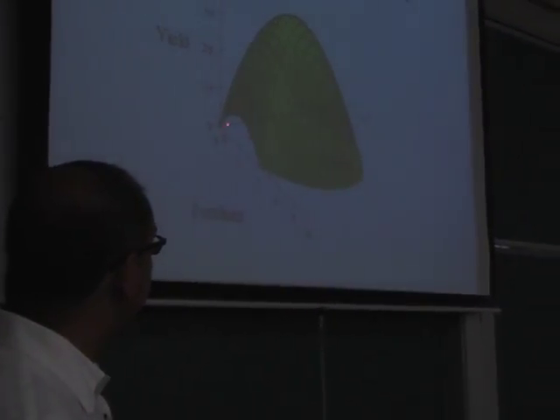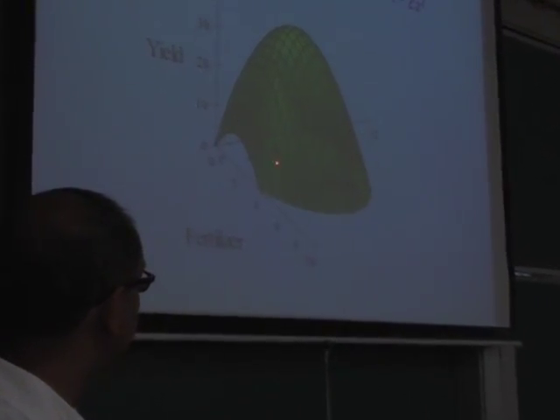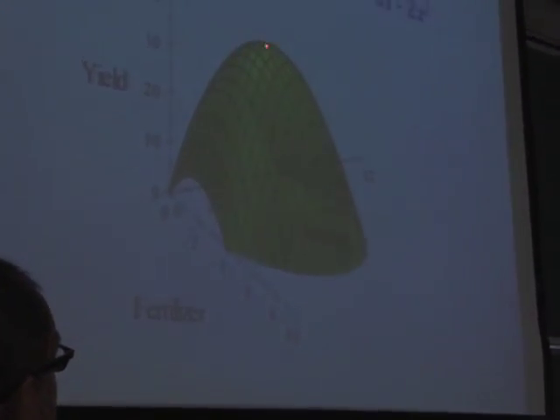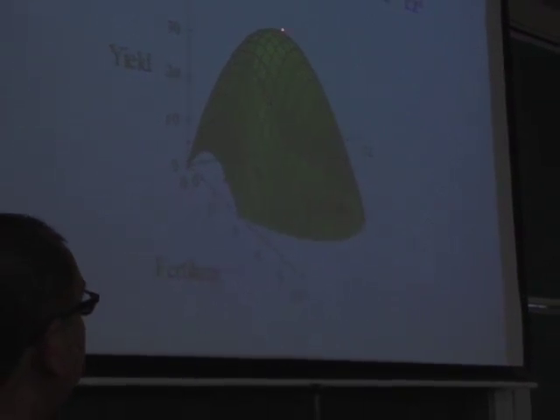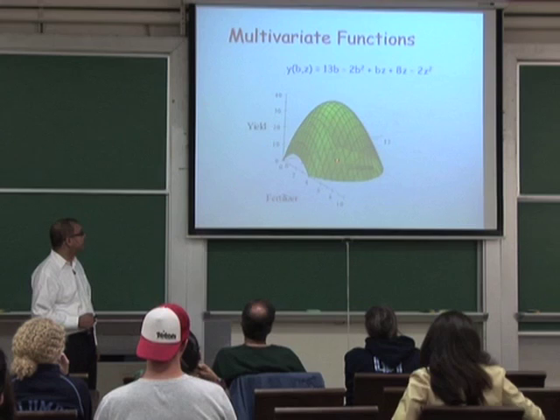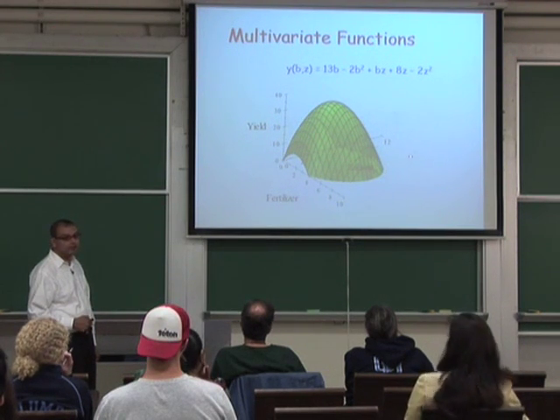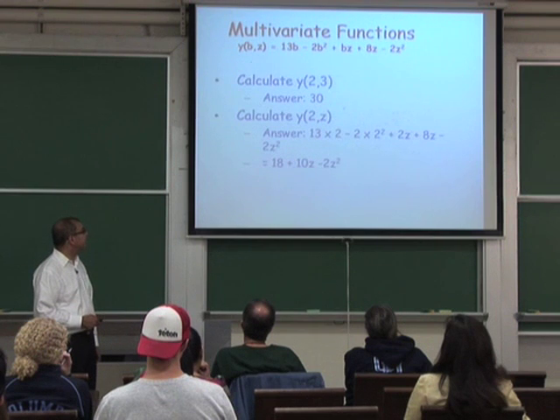But if you were to increase labor and fertilizer, so if you were to move out this way, then you can see yield is going to rise sharply till it'll reach some maximum, beyond which adding more fertilizer and labor, that is going out this way, will actually reduce yield. Okay? So clearly,